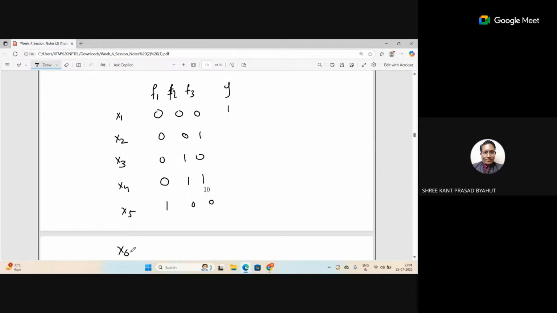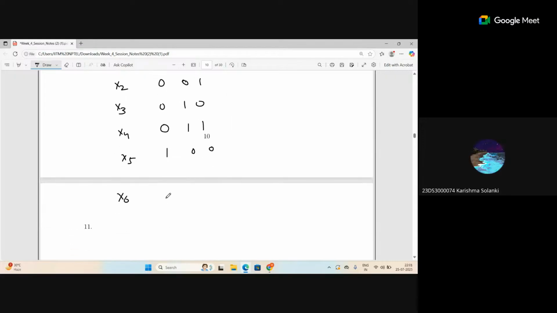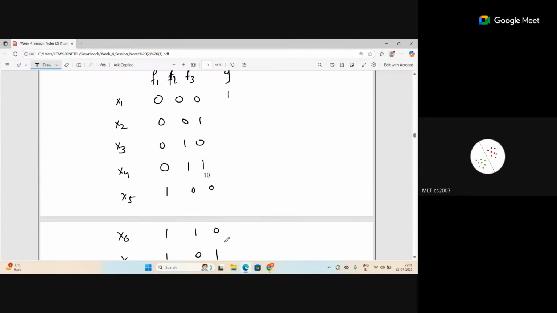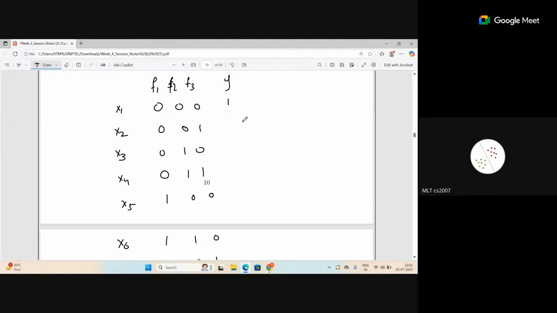X6 is... So the features which are matching to the predicted value y, then we have to consider that number of count and then we find the probability. That is the estimator basically. That is the likelihood estimator it's turning out to be. Suppose I'm not taking the exact same example. I'm just giving you some different one, so that I think that will be better to understand.